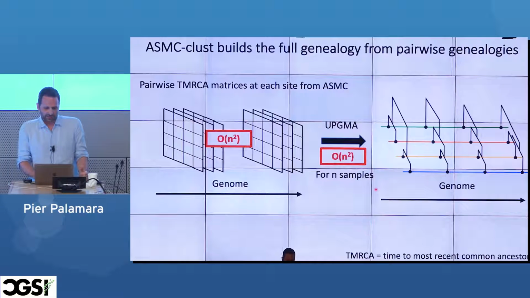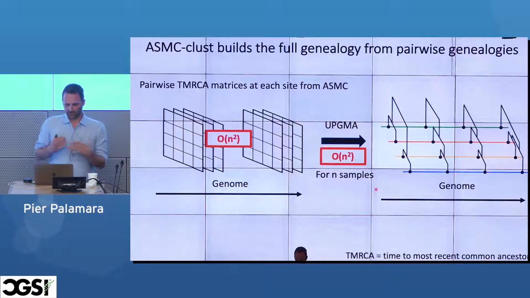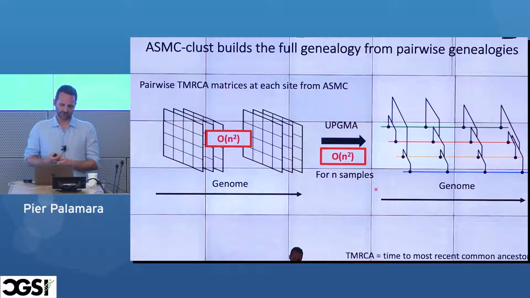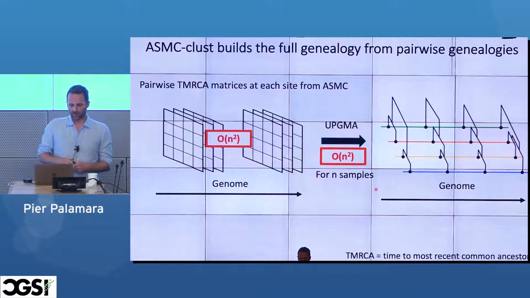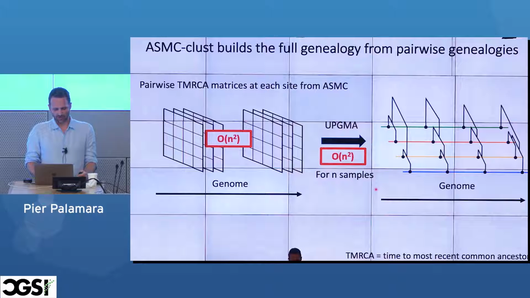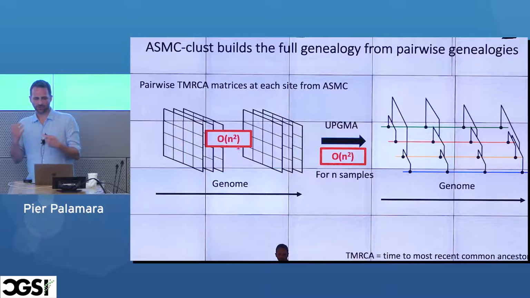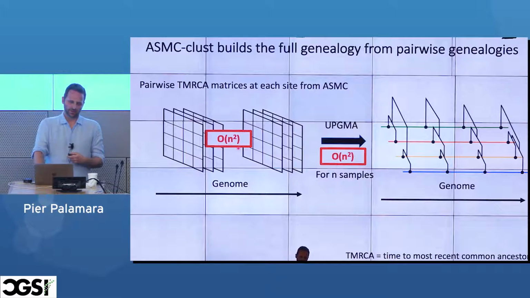And the issue here is that this is a reasonable algorithm. We're going to keep it around as a baseline. And in general, it can be used and it gives interesting results in some cases. But it's quadratic, so it doesn't scale to very large data sets. So if you have n samples, you're going to have to do n squared computation to get your trees. This step doesn't add complexity because the n squared is already here. So getting the pairwise ARGs for n choose 2 samples is already quadratic. So this doesn't add much complexity, but overall n squared is not too great.